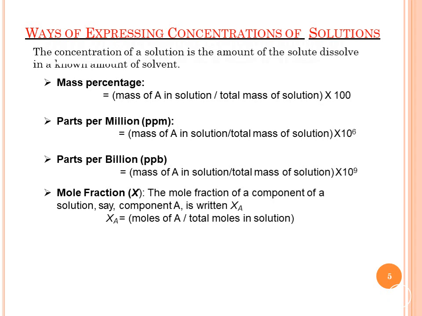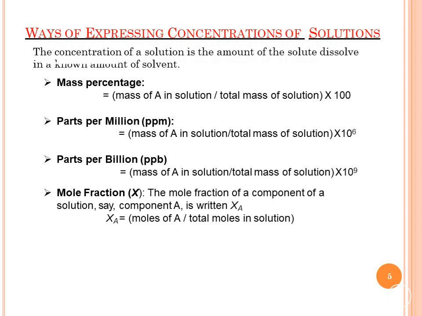So here are the different ways. Now this particular topic you have also learned in your previous class, that is class 11, in the first chapter. So here it is. The first one is the mass percentage. Mass percentage is defined as the mass of the component divided by the total mass of the solution into 100. Parts per million is equal to the mass of the component divided by the total mass of the solution into 10 to the power 6. Parts per billion